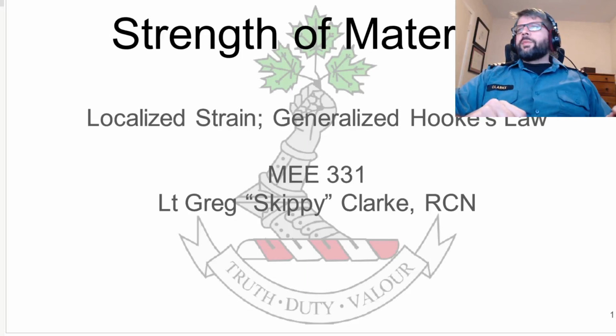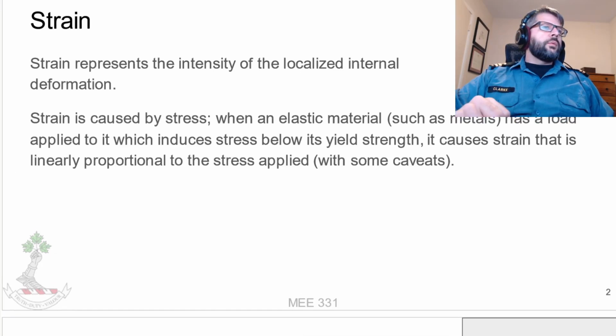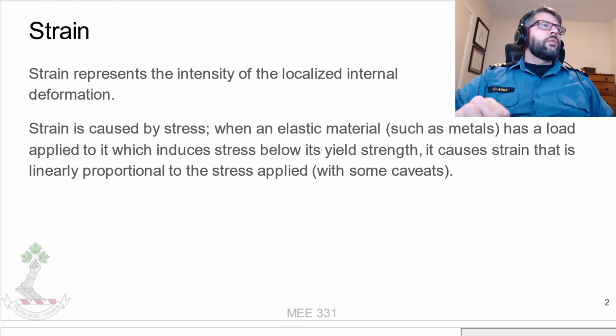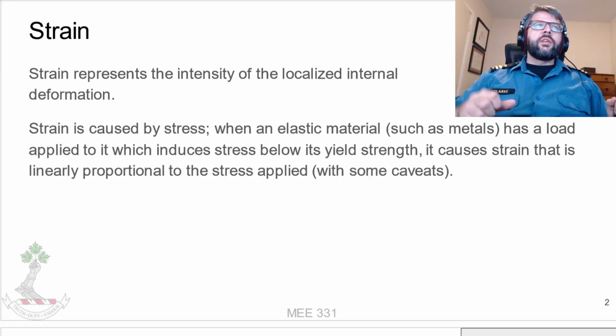Okay, so we talked about localized stress. Let's talk about some localized strain now. Strain in general is referring to the intensity of the localized internal deformation. Overall, if you have a bar and you're pulling on it, the strain that you cause